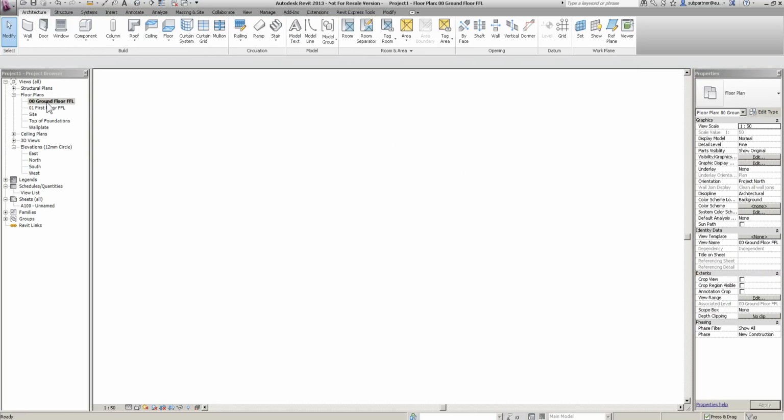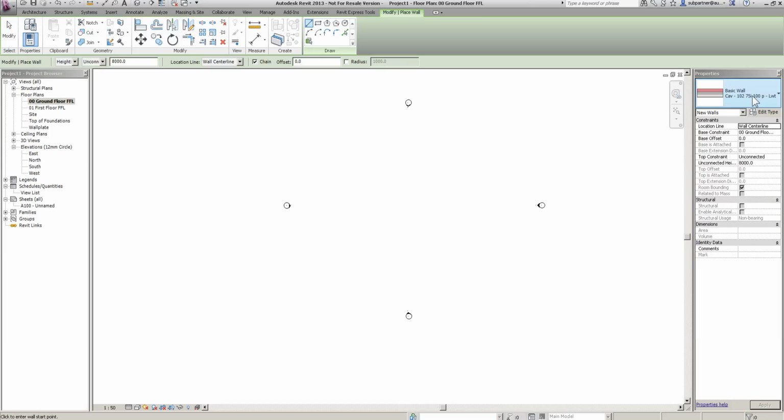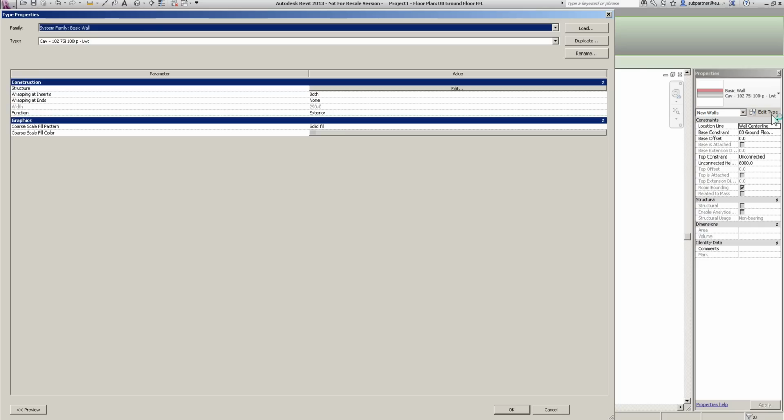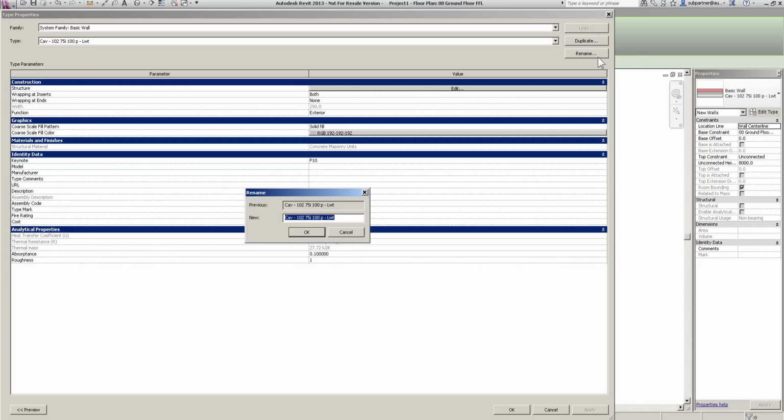Okay, what I'm going to do now, I'm just going to go to my ground floor plan, and we're just going to draw. I'm going to go to my wall tag. Okay, I'm going to choose a type of wall. We're going to base it on the basic wall that comes in here, but I'm just going to change some of the settings on it quickly. I'm going to rename it to stick a 100mm cavity in here